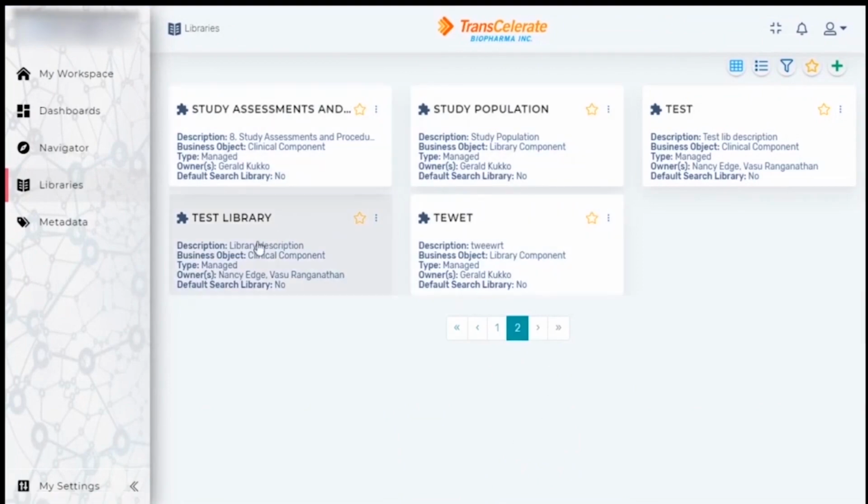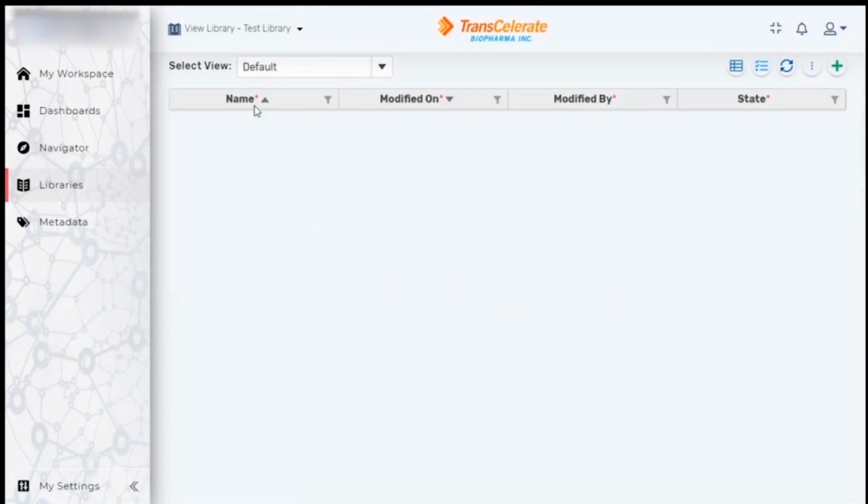And as you'll see, this is the test library that he's created. The test library currently contains no components, but he can start creating components within this library, or he can also import